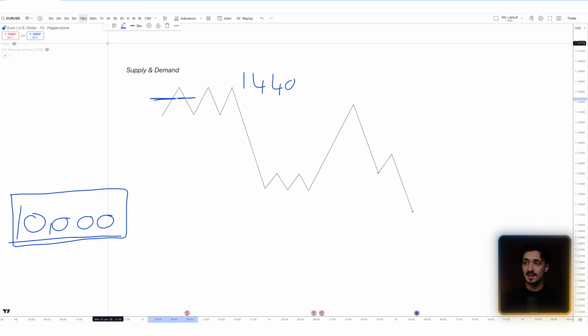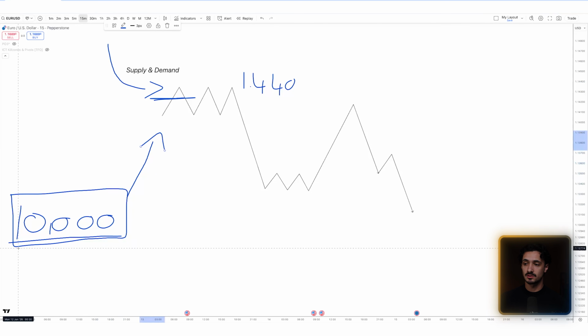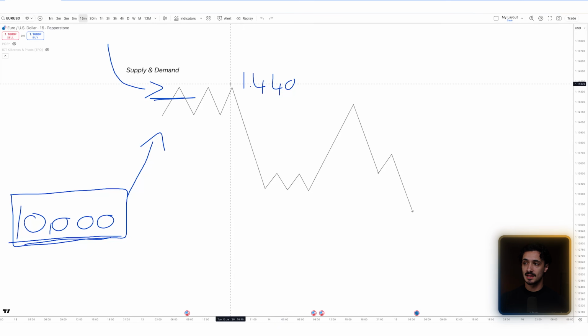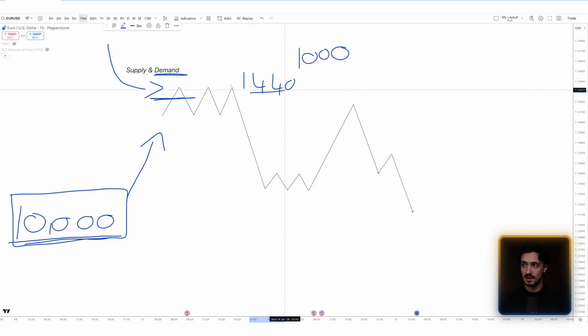What happens is, if that institution tries to come into the market and immediately put all of those 10,000 lots in a sell, there may not be enough demand, meaning there may not be 10,000 lots available from buyers at this specific price point. So this is how a price auction works. Price will fill as many as it can at this price point. So maybe it's able to fill, let's say, 1,000 lots because there are 1,000 lots of demand at this price point. Then when the demand runs out, price will drop down to the next level, which may be